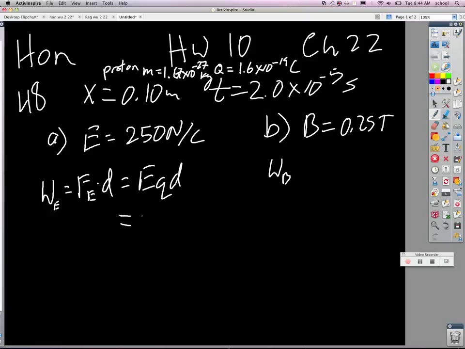4 times 10 to the minus 18 joules of work. Okay, all right. We continue now. The work done by the magnetic field, if we take the same tack and say FB times